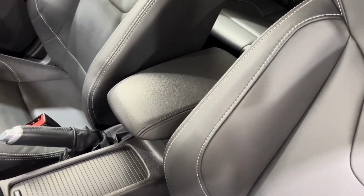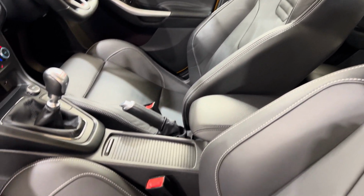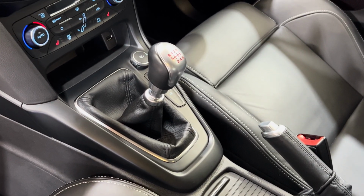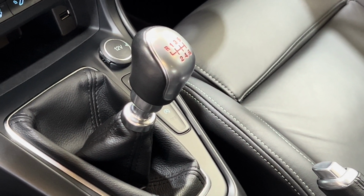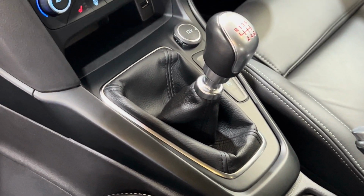Centre armrest, no damage on there either. I'll show you the driver's seat from the other side, of course. And then all around the gear knob. And if you look at the condition of the gear knob, no wear, all of the gate are in lovely condition, all of the trim,